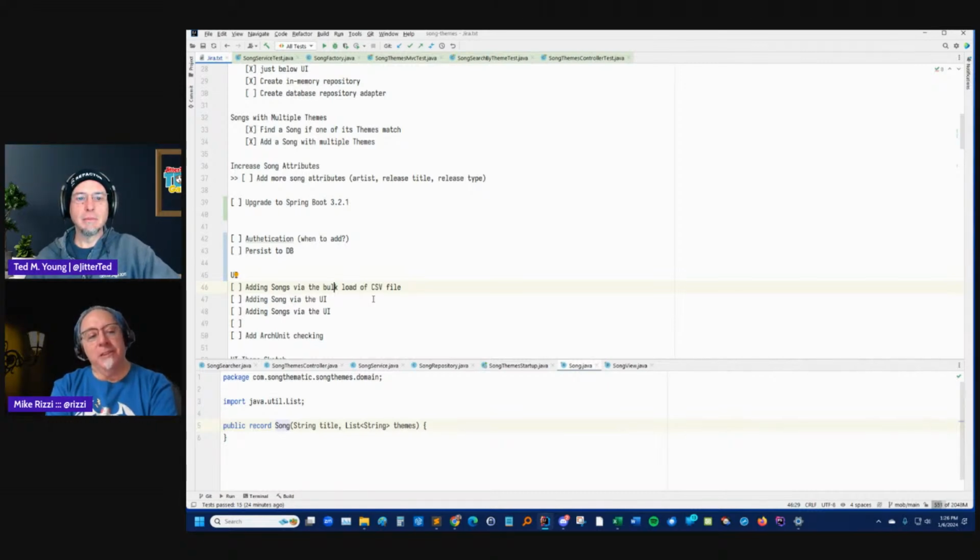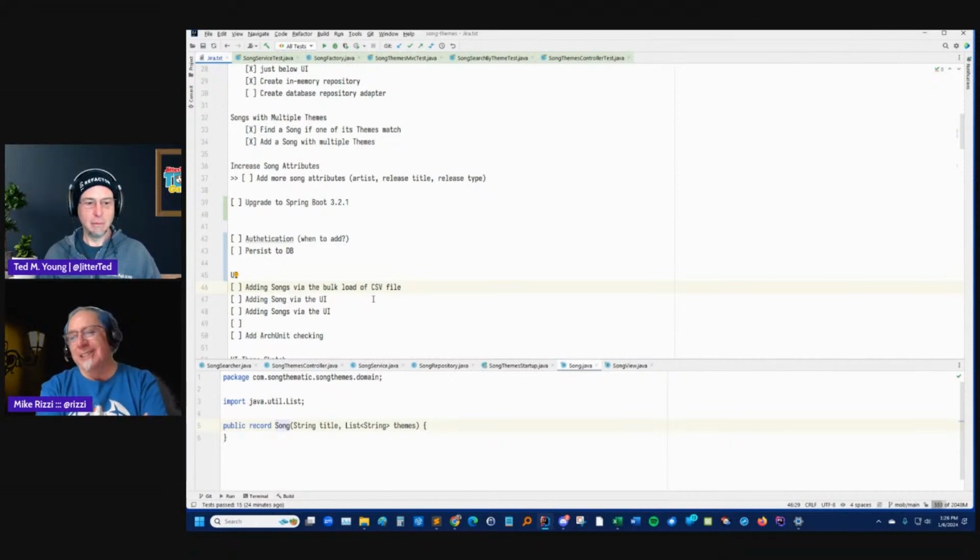But adding a song via the UI feels a little bit simpler, though the bulk load is mostly just a loop through adding a song and then parsing from a file. So